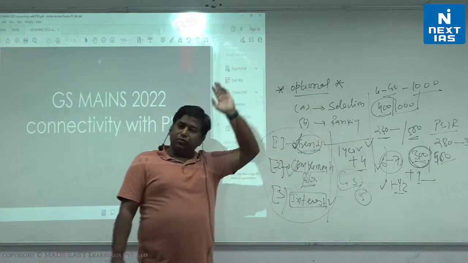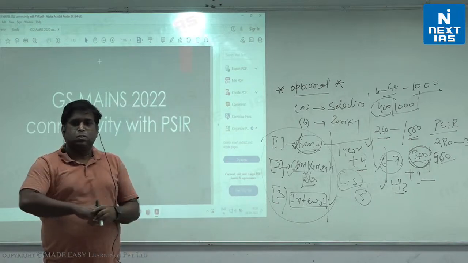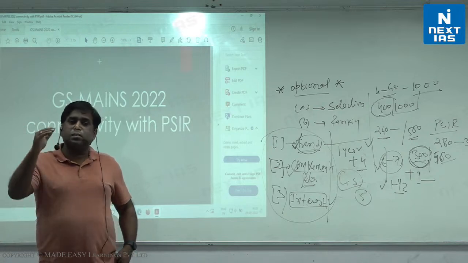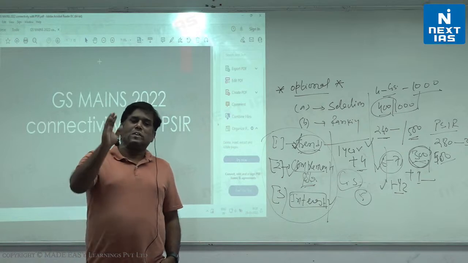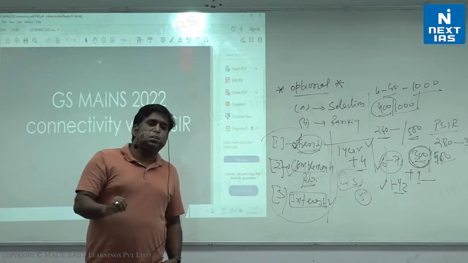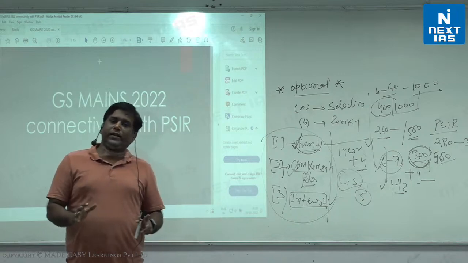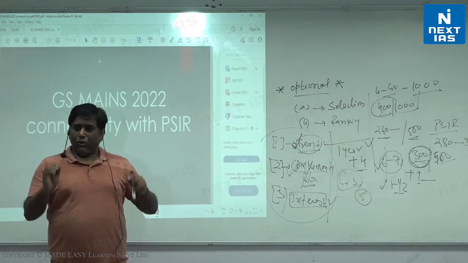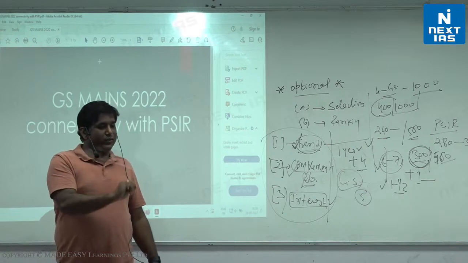I mean, if you check out the first 20 rankers and their optional marks, rarely does any of them score less than 280 in their optional. Without this much scoring, getting a place in the top 20 is almost impossible. So my suggestion is that whatever optional you are thinking of, you always choose wisely. Planning is associated with the optional.